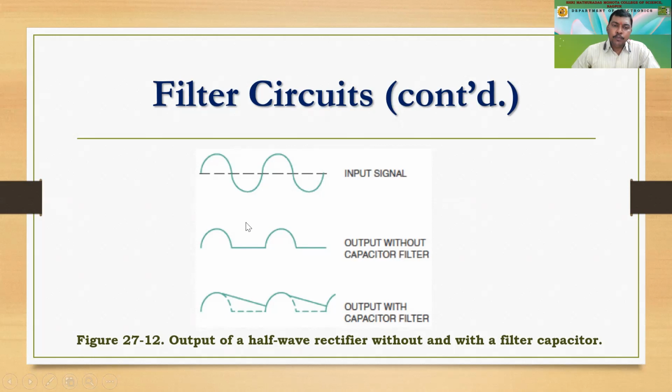If you put such an output to the filter circuit, which we are calling a capacitor filter, then what happens? During this region, the positive half, the capacitor is supposed to charge, right? And when it is in the negative region, it will start discharging. That is what I was talking about in the last slide: if the capacity of the capacitor is increased, then it will take more time to discharge. And depending on that discharging time, we'll have the output voltage.